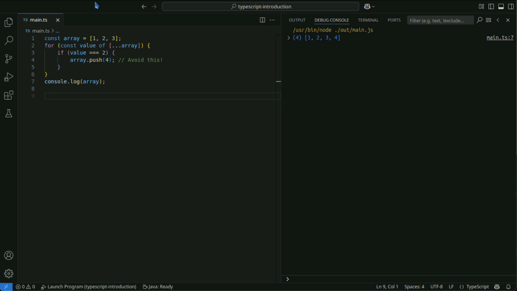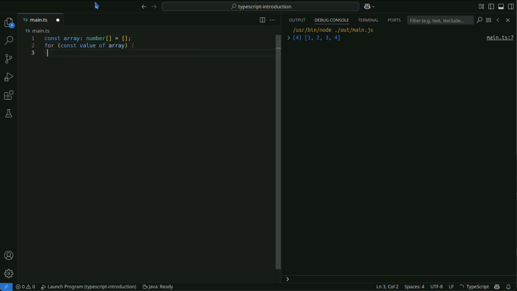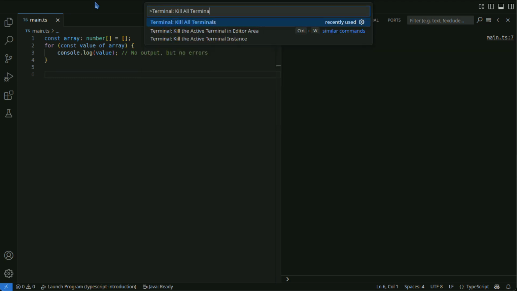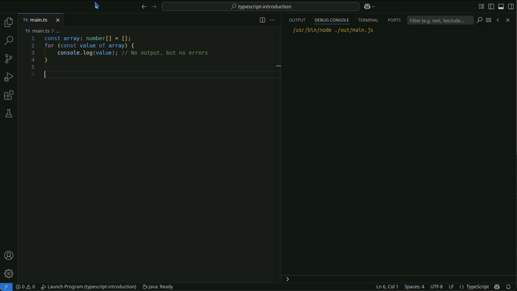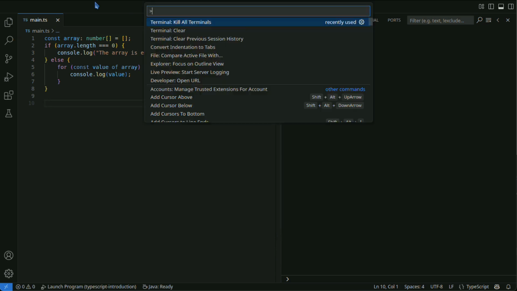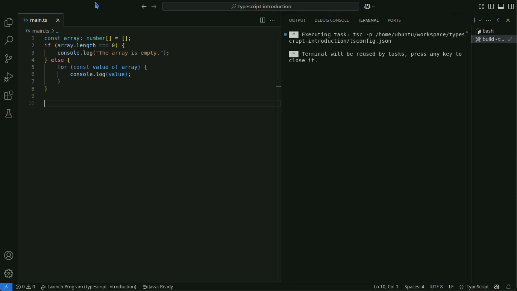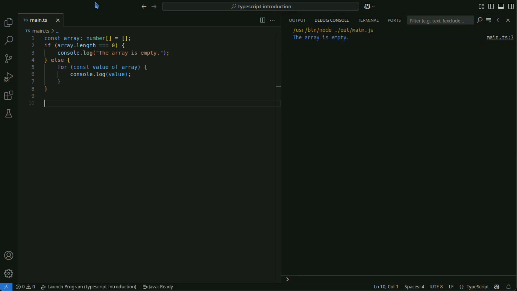Next, let's look at pitfalls related to edge cases. This code works fine, but if you need to handle empty arrays, you can improve it as follows. Considering edge cases can help prevent errors in subsequent code.